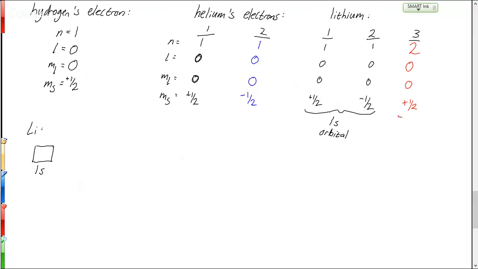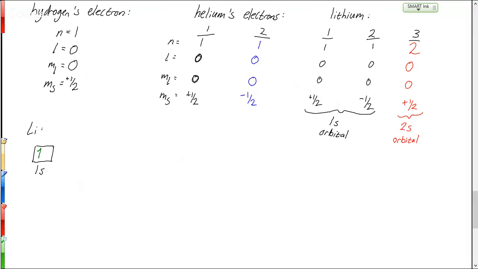And so what kind of an orbital does that make this one then? What would we call that orbital? 2s, yeah, thanks. So that's a 2s orbital because it's n equals 2 and L equals 0. So we would say we have 2 electrons in the 1s orbital and 1 electron in the 2s orbital. And the ways we can write that are,